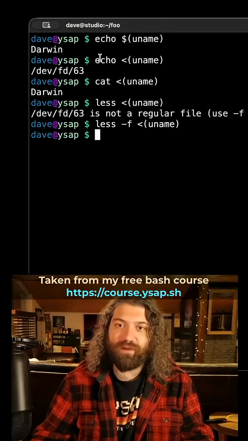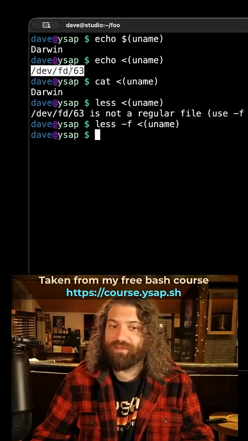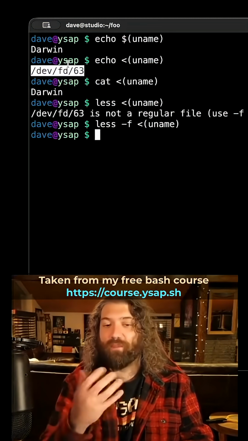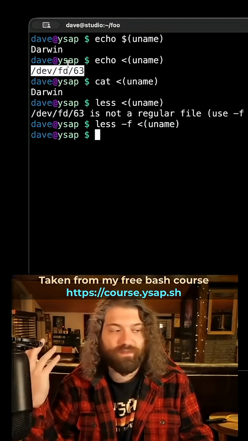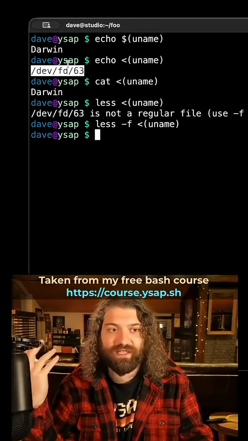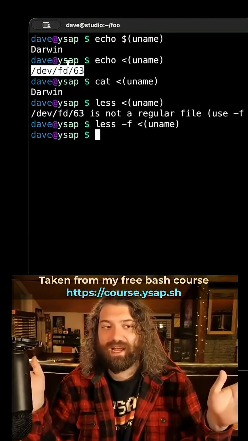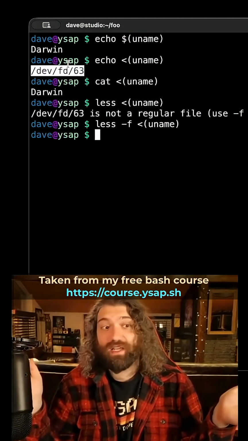As a programmer, you almost never need to be aware of the fact that this is the underlying thing. That's just some specific implementation details of how Bash works with your operating system to pass this data along. Most likely it's going to be a pipe that was created in the Bash process that's given to your script. Yada, yada, yada. You don't have to worry about that. You get to treat it like a file.